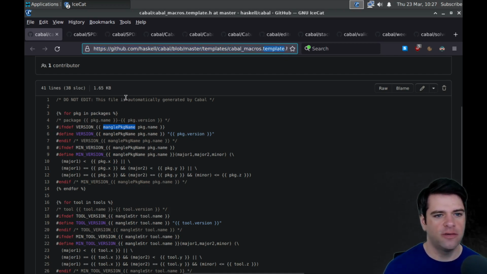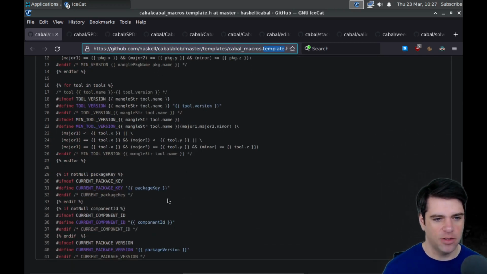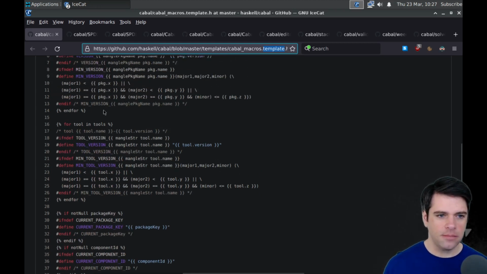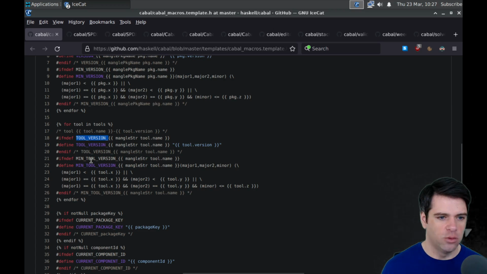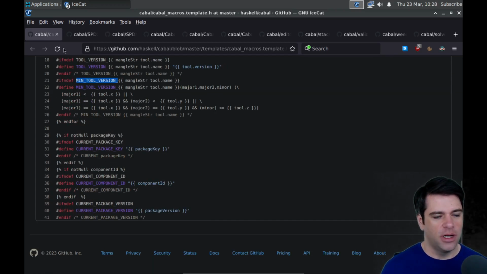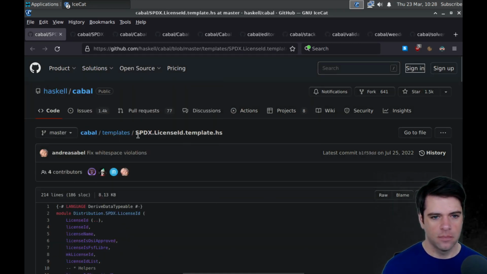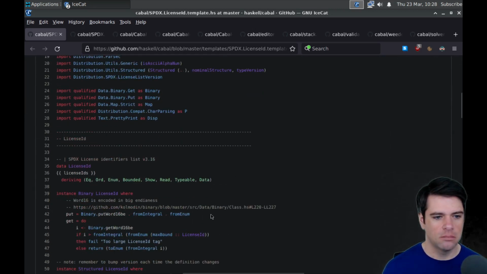Okay, do not edit. This file is automatically generated by Cabal. So I guess Cabal generates this file and they commit it to version control. And we've got things like tool version, minimum tool version, current component ID, etc. Okay. We have SPDX license ID template.hs.